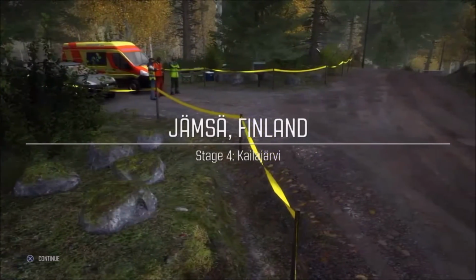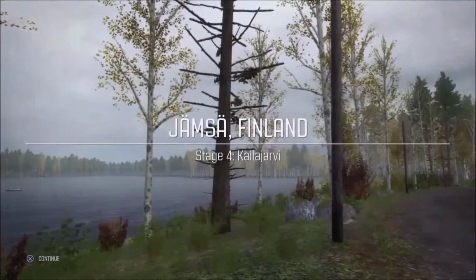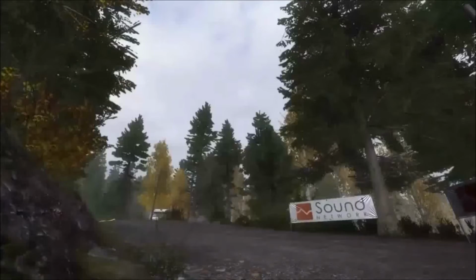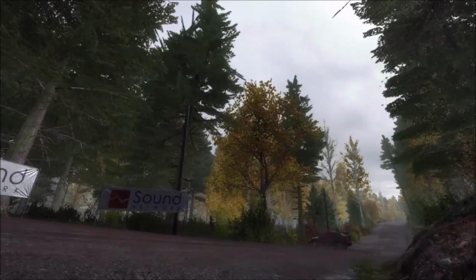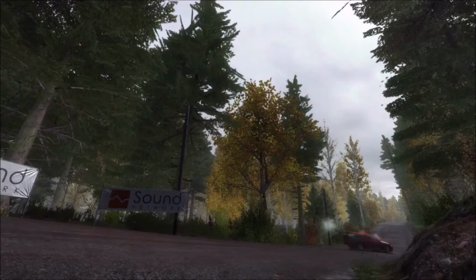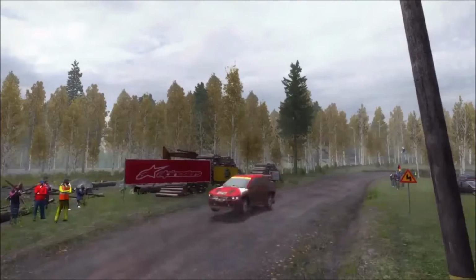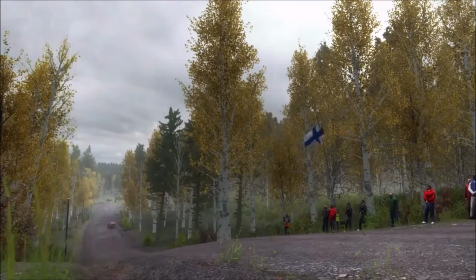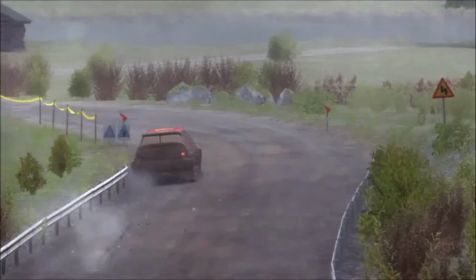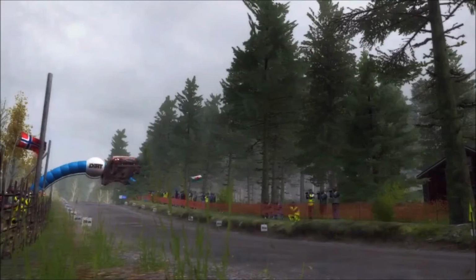Stage number 4, Kailajärvi, is another short stage, and it's also really slippery. Surprisingly, once again I hit the rear end of the car while sliding wide on a corner, and when I tried to spin the car back the right way around, I stalled it, so it didn't quite go right on that one. And to make up the time that I lost on the spin, I was going all maximum attack on the stage, and I think I overdid it a bit since I hit that barrier,